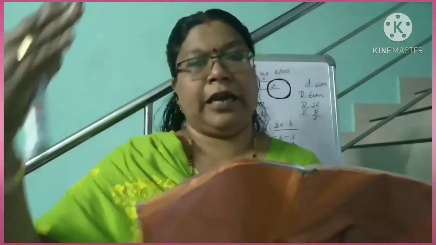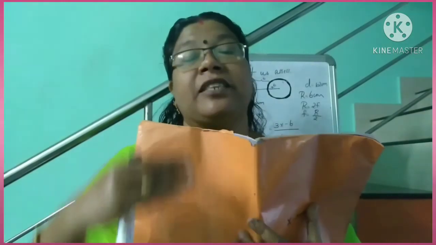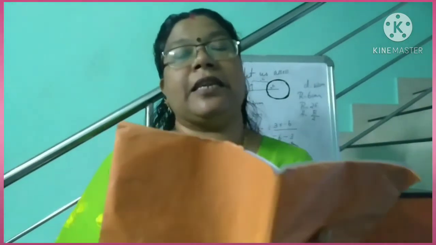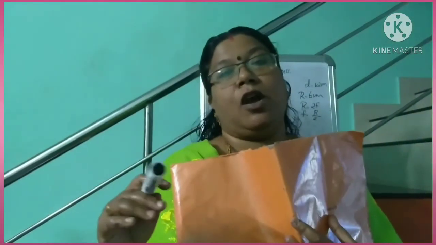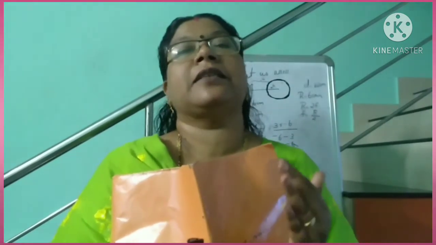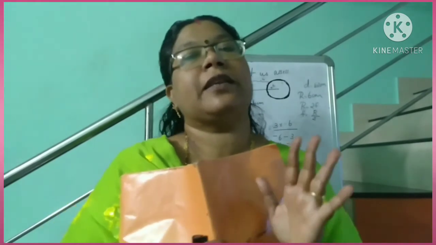Then seventh question. Is the image formed by a plane mirror real or virtual? In a plane mirror, you will always see your erect image. Your image is seen inside the mirror. So the image seen inside the mirror means it is a virtual image. Write an instance when such a mirror gives an inverted image. Always when you look at a plane mirror, you will see your erect image, the same size and same posture of the object. But here it is asked, is there an instance when you get an inverted image?